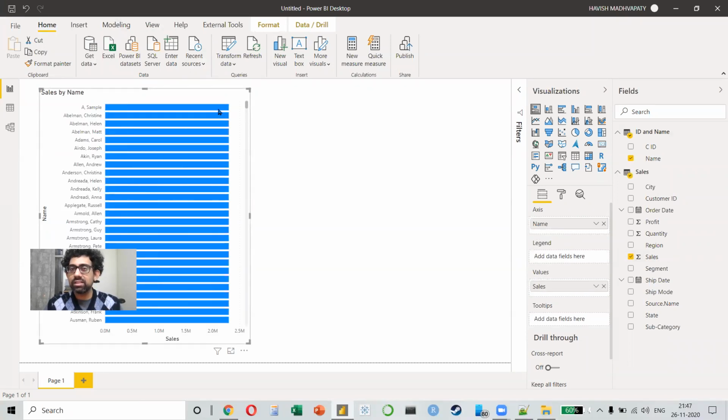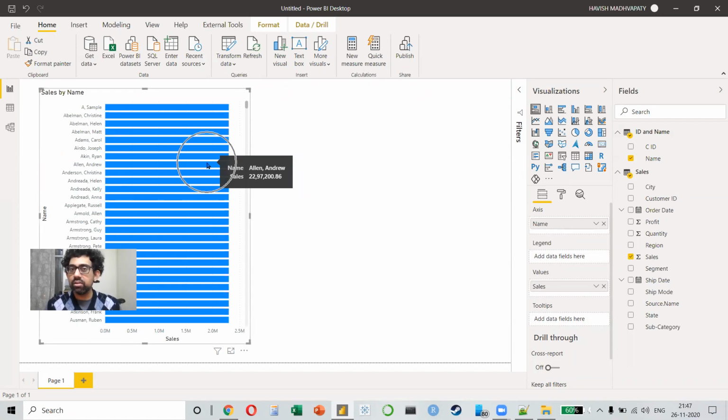Because we know that customer ID is common between both the tables, but Power BI doesn't know that. According to Power BI, these two are different data sets. So you notice it is giving me the same number, 22,97,200, the total sales in each one of these. Basically, it is trying to tell me, I don't know what to do because how do I connect my sales data to the customer name?